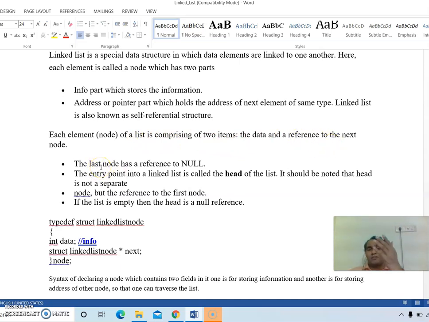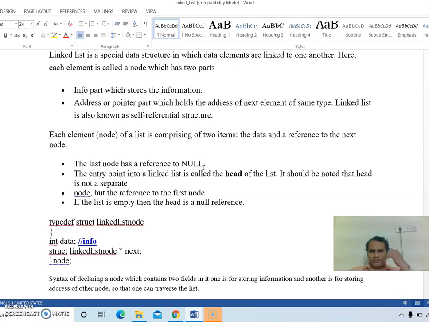Now, what happens in case of the last node? There is no more node, so what should the pointer point to? We will make it null. The last node has a reference to null. That means while I am moving from one node to the other node, if I come across null, what does it mean? There are no more nodes to traverse. Immediately I should get this thought: if I want to traverse the linked list, my traversal will end when I come across a null node.